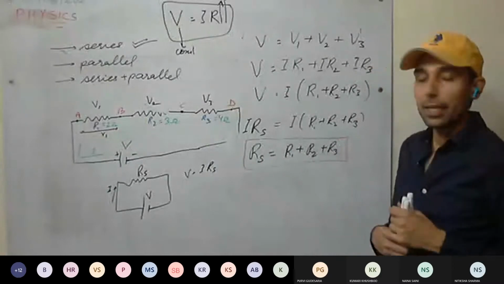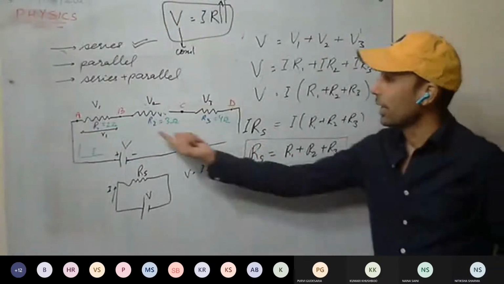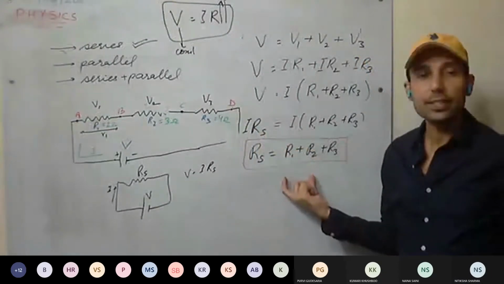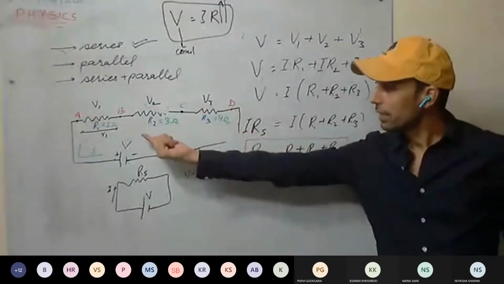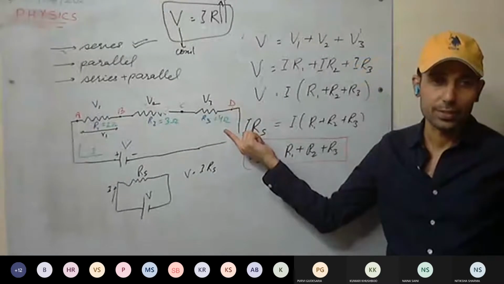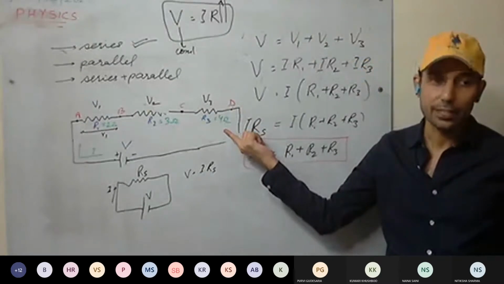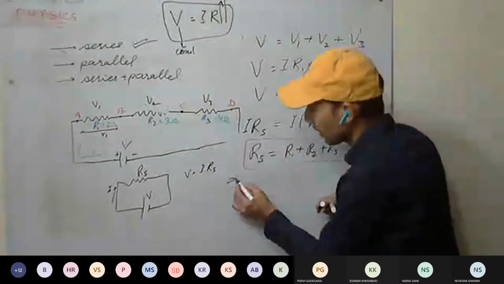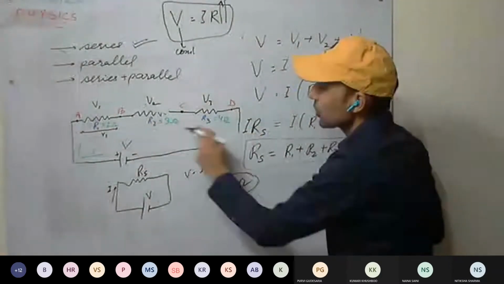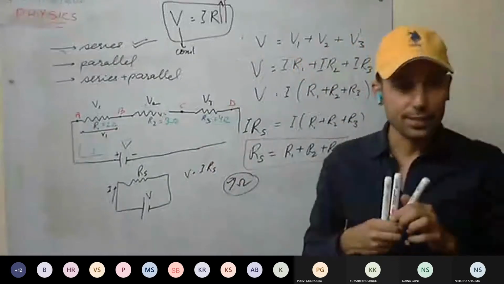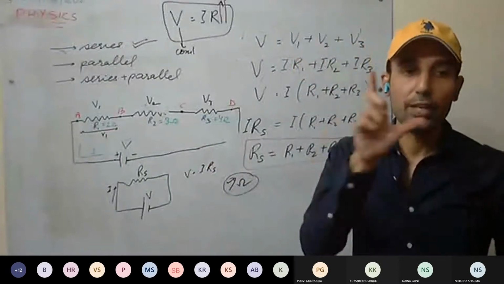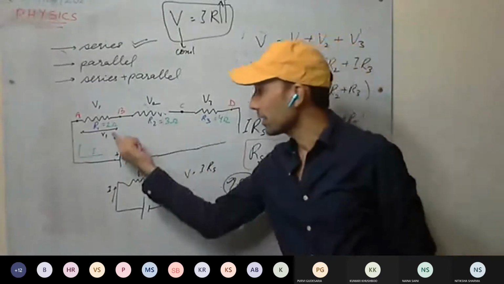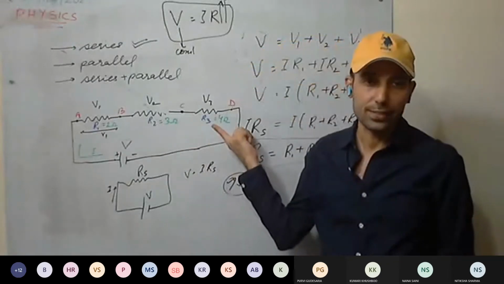Okay, this is clear. Now see one thing: when the resistors are connected in series, is the equivalent resistance more than any of these resistors or not? Equivalent resistance is more, sir, because the total is coming 9 ohm, and 9 ohm is greater than each of them. So when resistors are connected in series, the equivalent resistance is always more than any of the resistors connected.